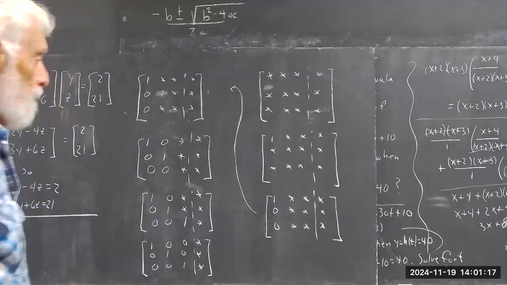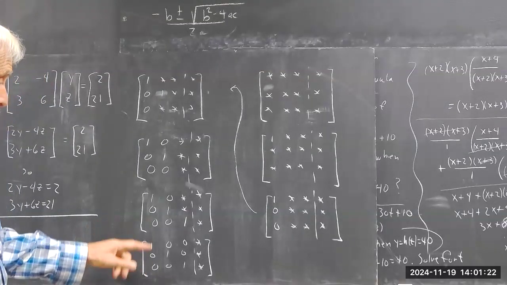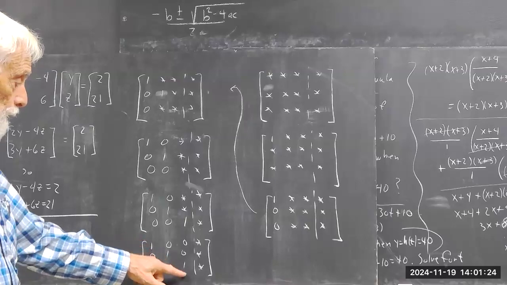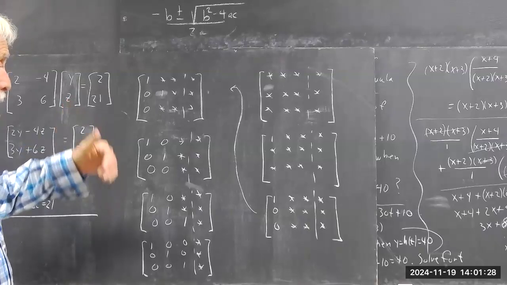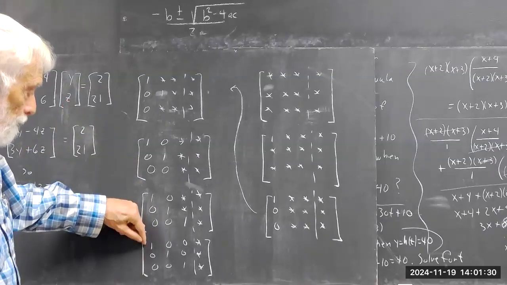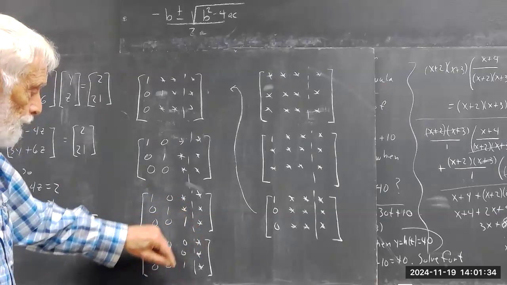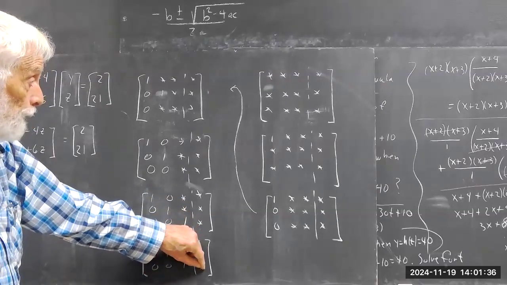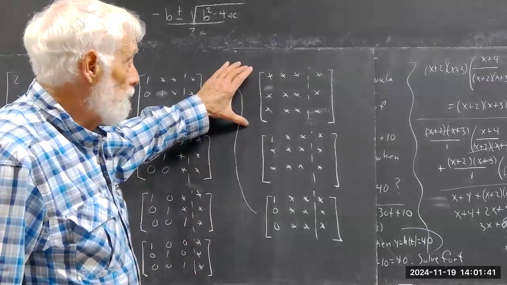Ultimately, what we want is a solution to the system, which looks like this. We've got a 1 here, a 1 here, a 1 here, everything else is a 0. If this is a system in x, y, and z, then we have x equals whatever this number is, y equals whatever this number is, z equals whatever this number is. Well, if our system starts here,